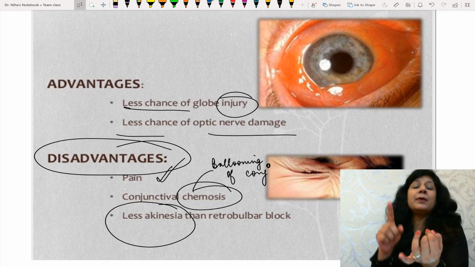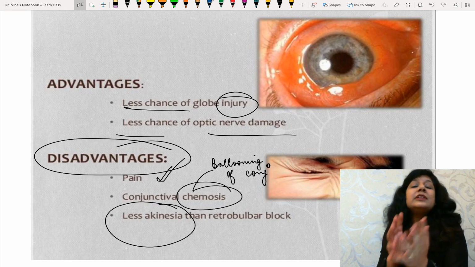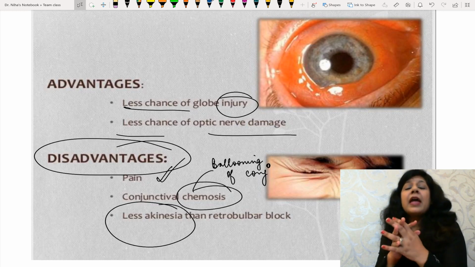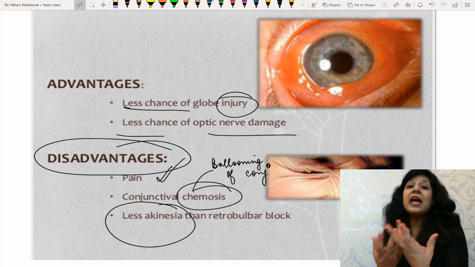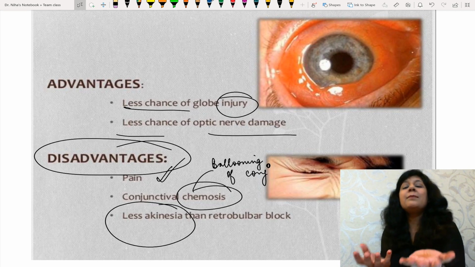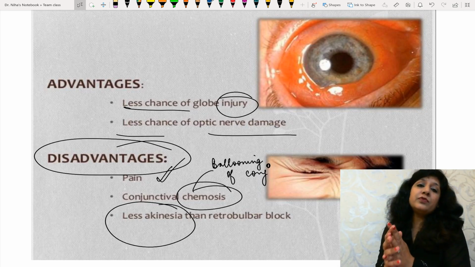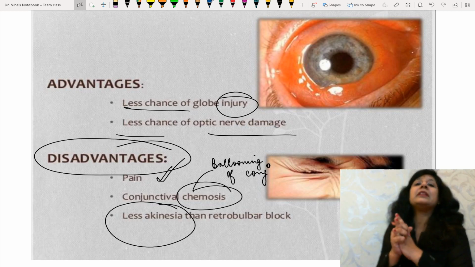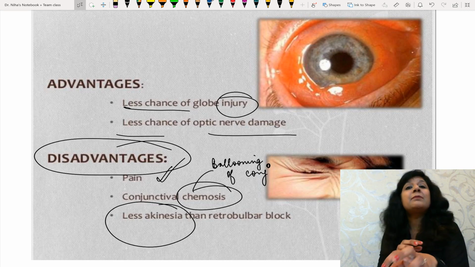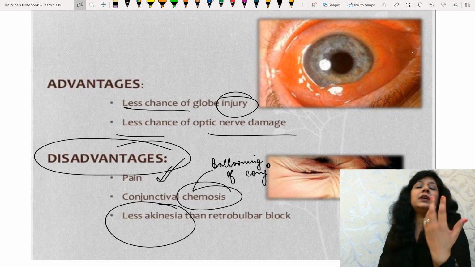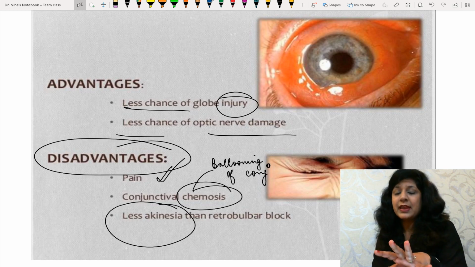Then another important thing, what are the disadvantages? The hemorrhage, the perforation, extraocular muscle paralysis, optic nerve injury, all these things took place in the retrobulbar block, and that is why it is obsolete. Though a lesser amount of the agent was used, it was not that painful, and there was more akinesia, but because we cannot help these side effects, we have done with this and we are not doing it now. In the peribulbar block, we are using more amount of agent, ballooning is taking place, it is painful, and though it gives lesser akinesia, a fair amount is still there.